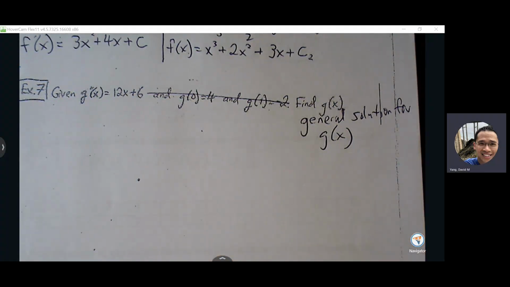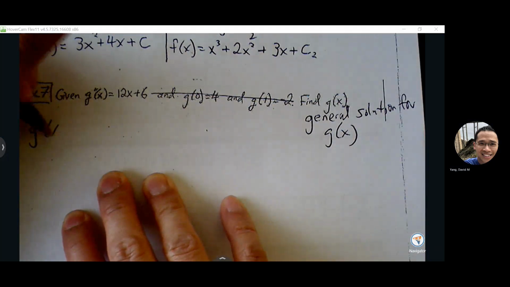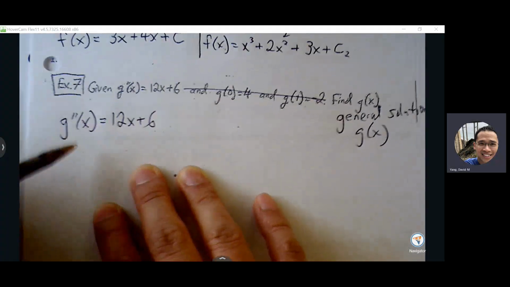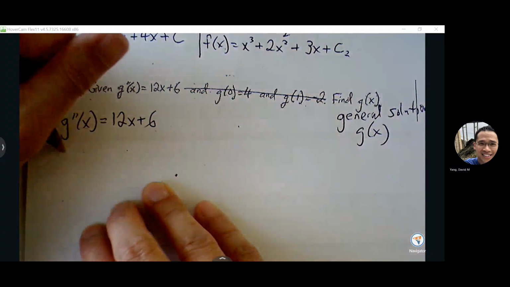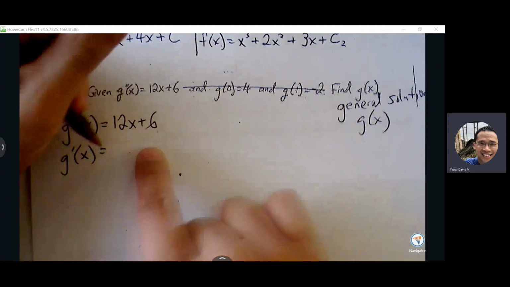So what that means is we're going to take the antiderivative twice, but we're not going to have to worry about replacing them with numeric values. Okay, so g double prime is 12x plus 6. I want to make both sides rise up to the g prime level because I have to get the g prime before I can get the g of x. So I know my g double prime will rise up to g prime, and then the right side, I'm just going to